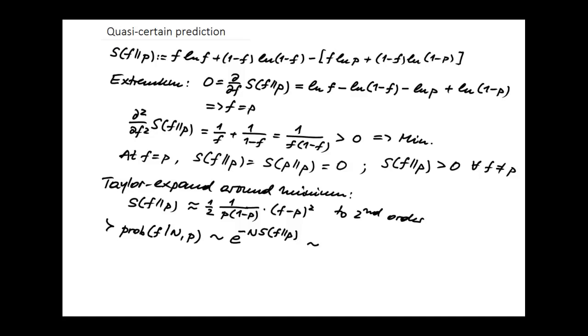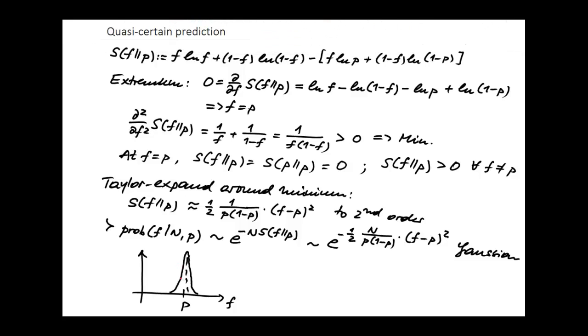When we use this Taylor expansion around the minimum, this is e to the minus 1/2 n over p times 1 minus p times f minus p squared. This is a Gaussian. e to the minus the difference squared. This is a Gaussian distribution. It's a Gaussian that has its peak at f equal to p,